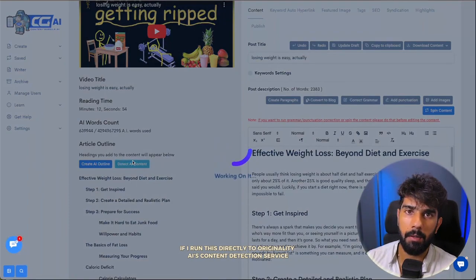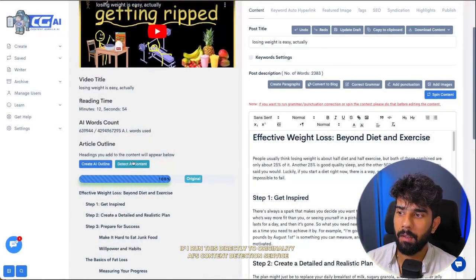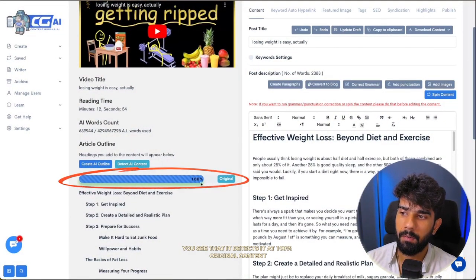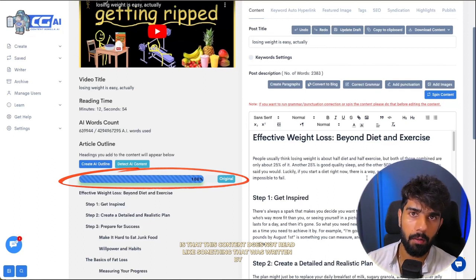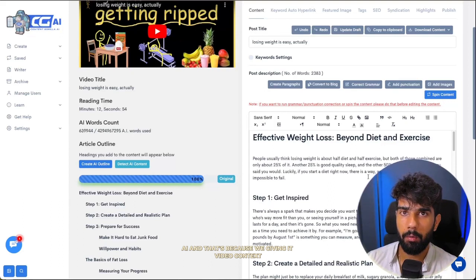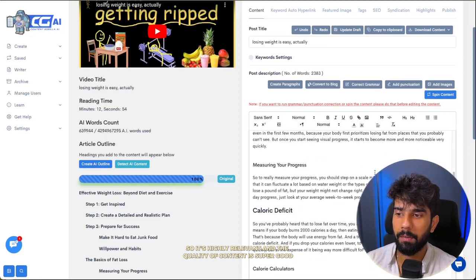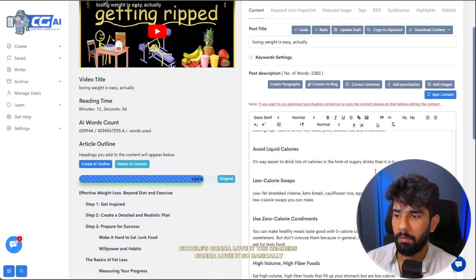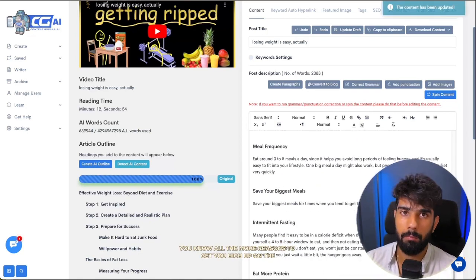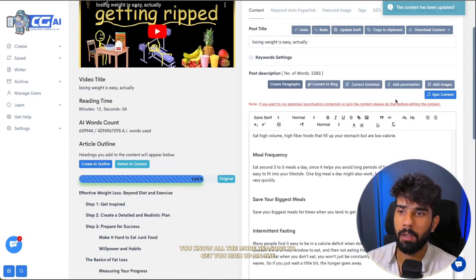Now, if I run this directly to Originality AI's content detection service, you see that it detects it at 100% original content. So what this means for you is that this content does not read like something that was written by AI, and that's because we're giving it video context and then converting that into an article. So it's highly relevant and the quality of content is super good. Google's gonna love it, the reader's gonna love it. So basically, all the more reasons to get you high up on the